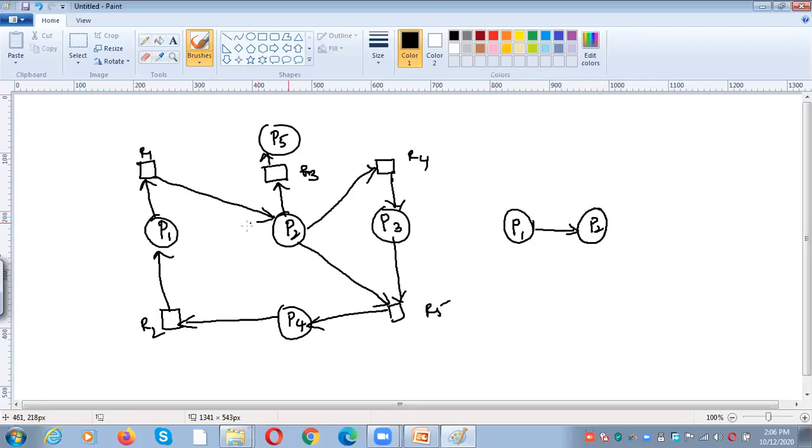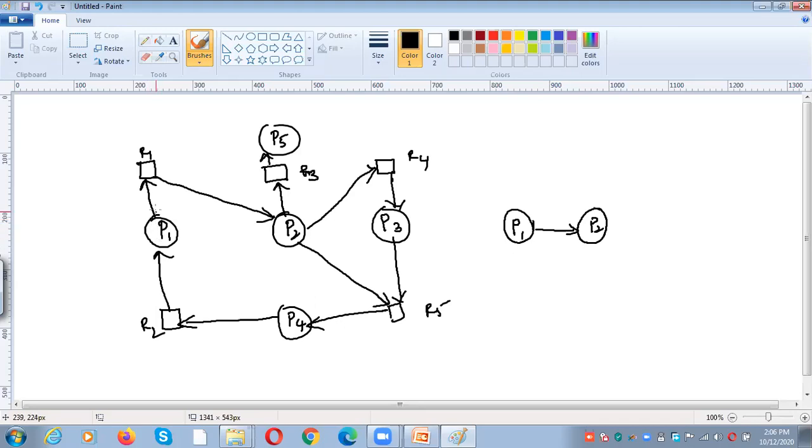Okay. And then coming to the other part of P1, let me complete all the connections with P1. Here P4 is requesting R2 and R2 is assigned to P1. Have you got my point? There is only one outgoing connection and one incoming connection for P1. Let me complete P1 first, and then we will move to P2, then P3, and then P4 and P5, so that it does not create any confusion.